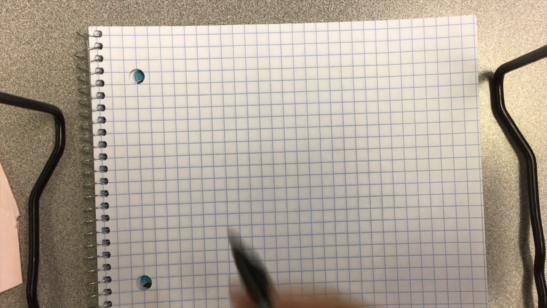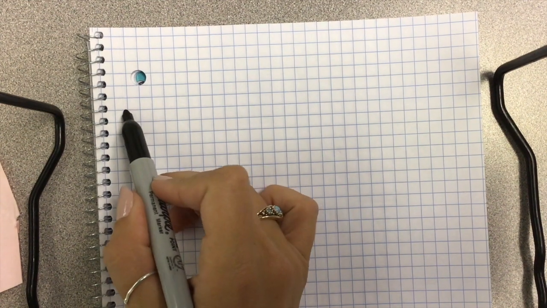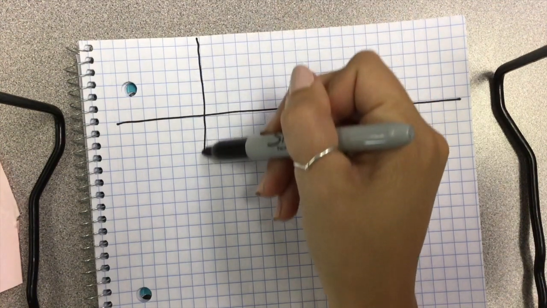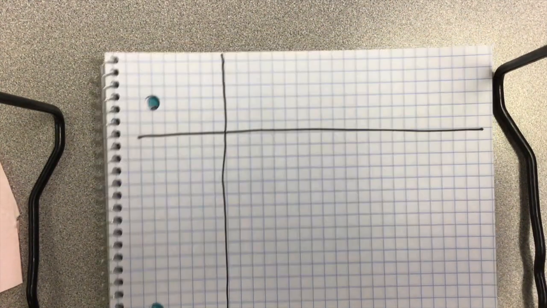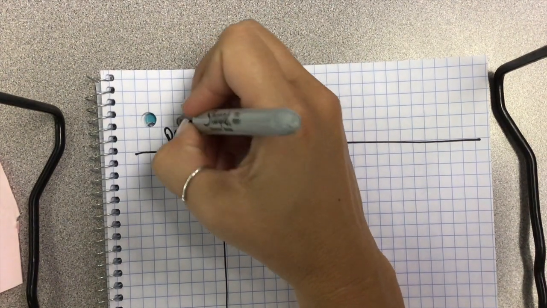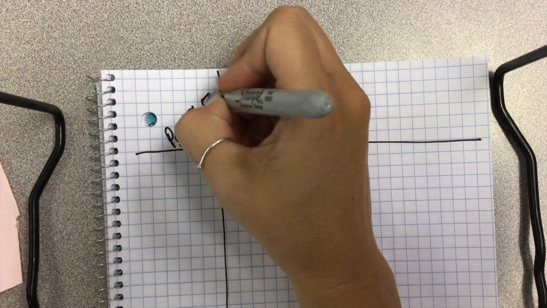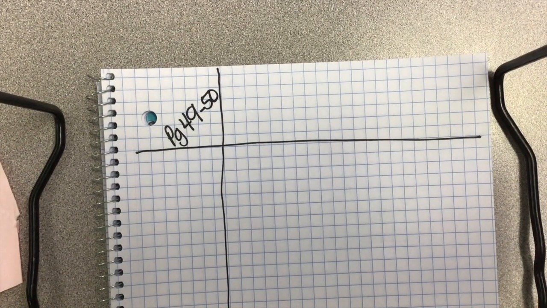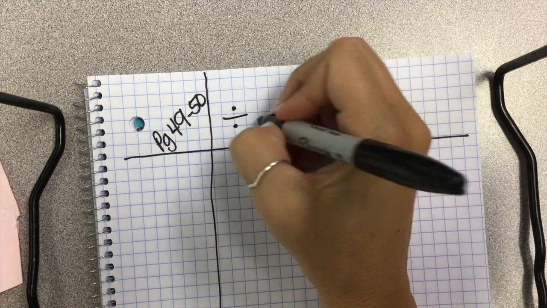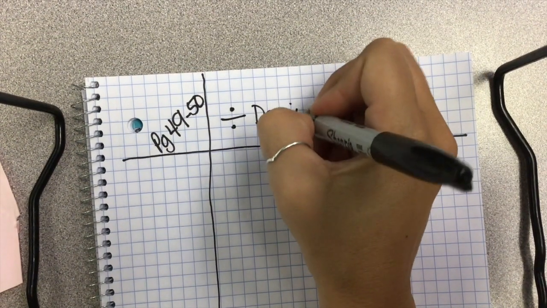All right, go ahead and prepare your notes for Cornell Note form. Make sure I give myself more of a column this time. And we are on page 49 and 50 of our textbook. And we are dividing decimals